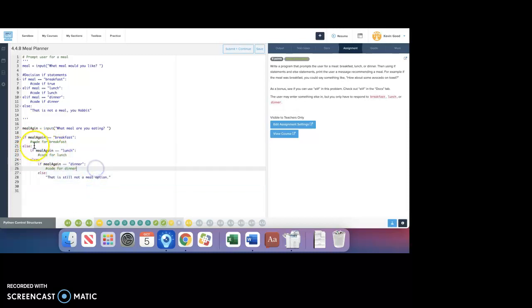Okay. Now, if it's false, you want to be like, wait a second. So if they didn't say breakfast, what if they said lunch? You do your code for lunch. But then you have to have something to handle what if they didn't say lunch, which is this else. So if they didn't say breakfast, it jumps to this else. Then you say, okay, do they say lunch? If they did, it runs this. If they didn't say lunch, it jumps to this code. And then it checks